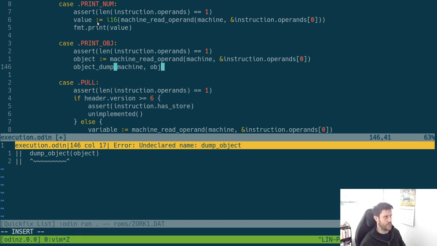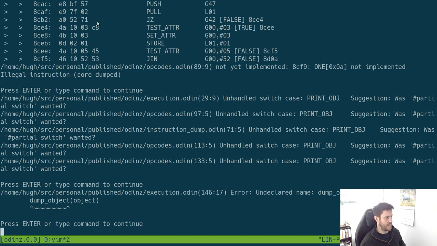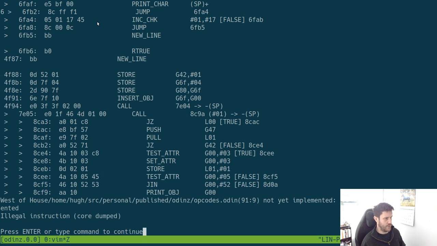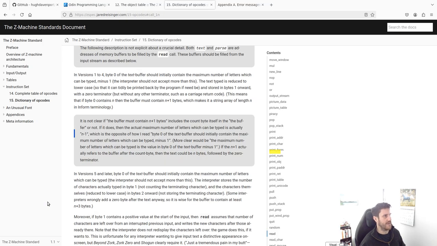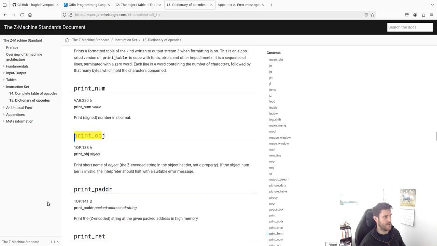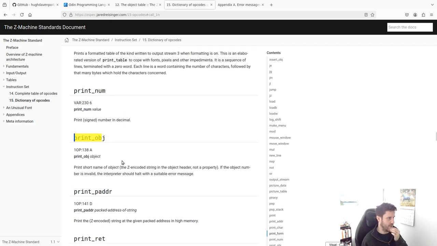And do this. Right, and now this should work. Right, so it's printing object there, and you see here it's done "west of house". It hasn't done a new line, so I wonder if we are meant to do a new line. We are not, so